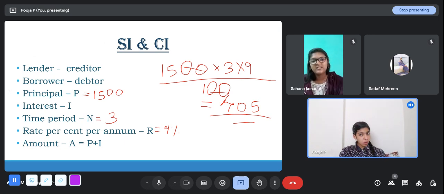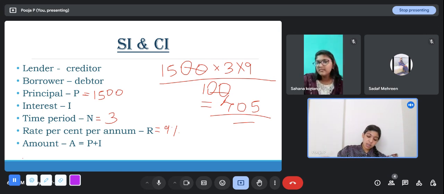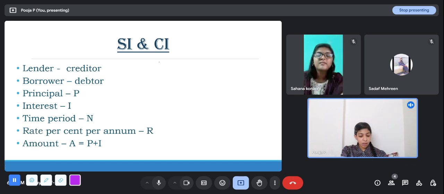So for today, we will not start with compound interest, because compound interest has one main formula. You have a couple of other formulas, just like how we saw in percentage. Like how, if the price increases by R percentage and the reduction in consumption is so much, if the price decreases by so much percentage and the increase in consumption is so much. So like that, you have a couple of things more to check out with that. So we will not touch compound interest completely today, but yes, you guys can take down the formula.